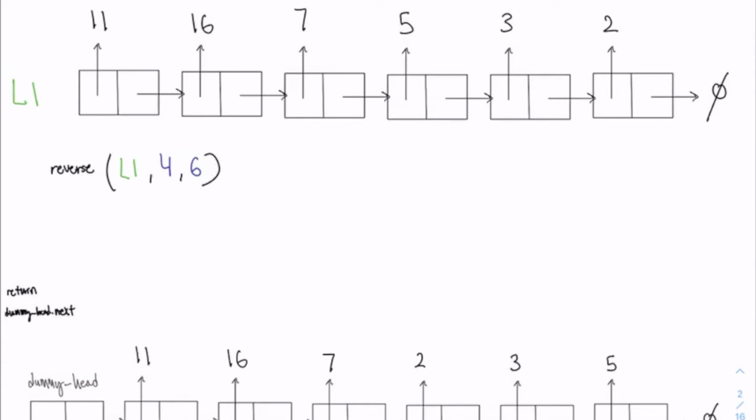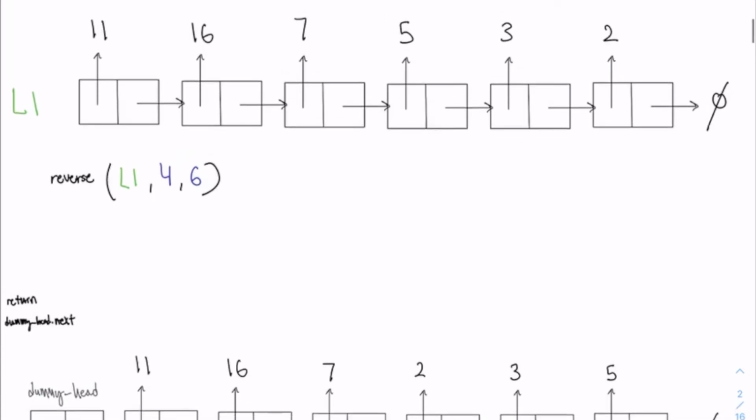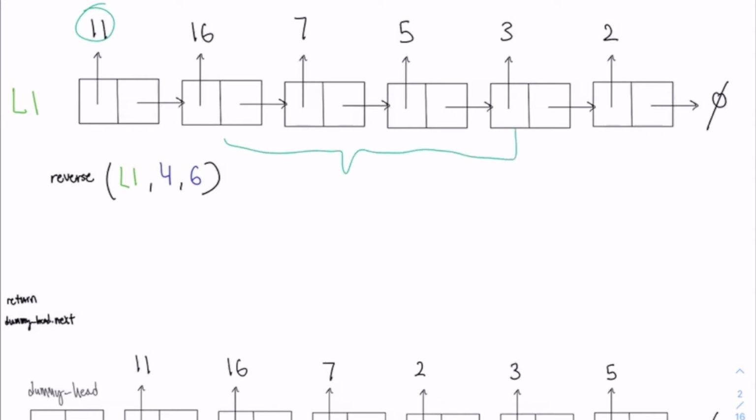Hey guys, so in this video we will be going over the Python interview problem of reversing a sublist. As you can see, we have one linked list here with the head node having a value of 11, followed by body nodes with values 16, 7, 5, and 3 respectively, and a tail node with a value of 2. So our job is to implement a function definition like